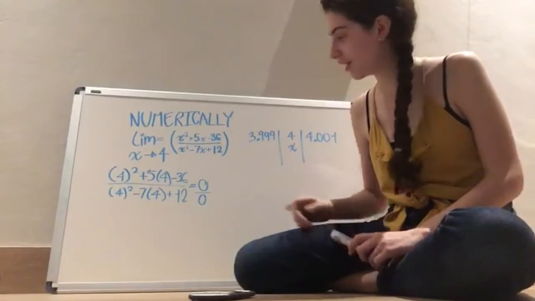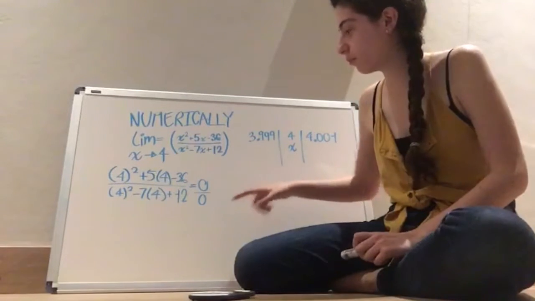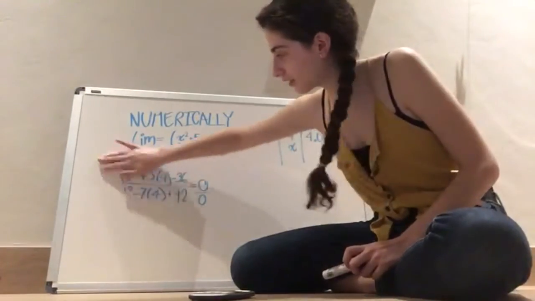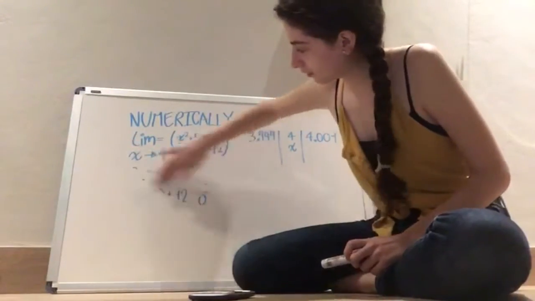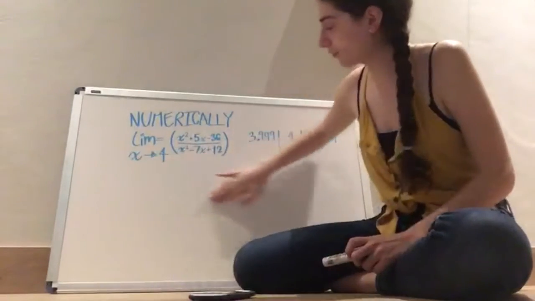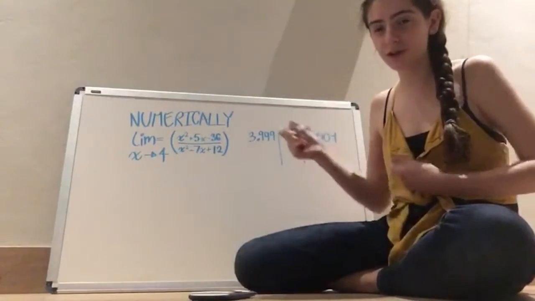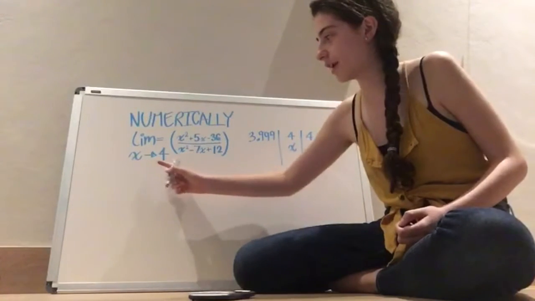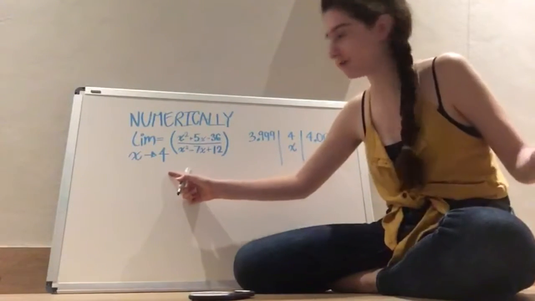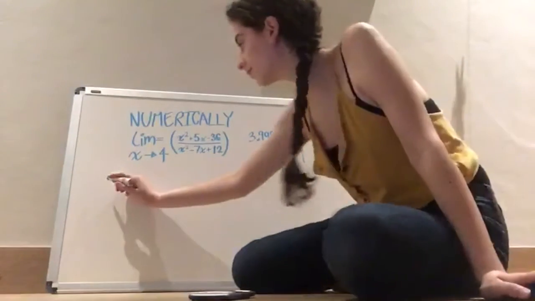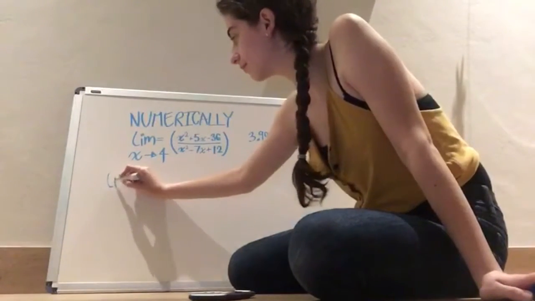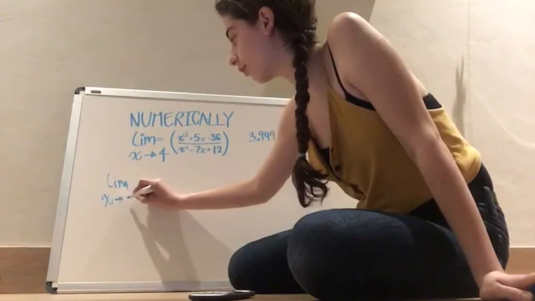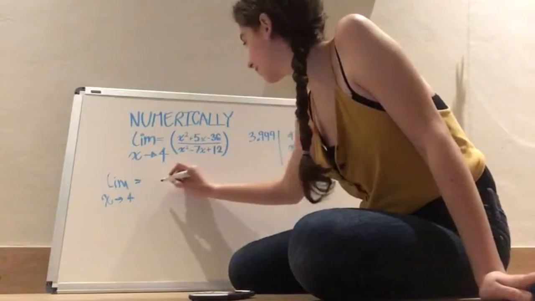Problem 4. So, we will have to erase this to make space so we can substitute. Okay, so the first thing we're going to substitute in the equation to find the limit of x, that is 4 in this case, is going to be limit x of x4 equals to